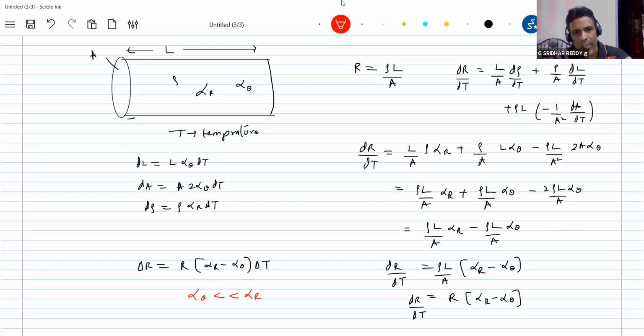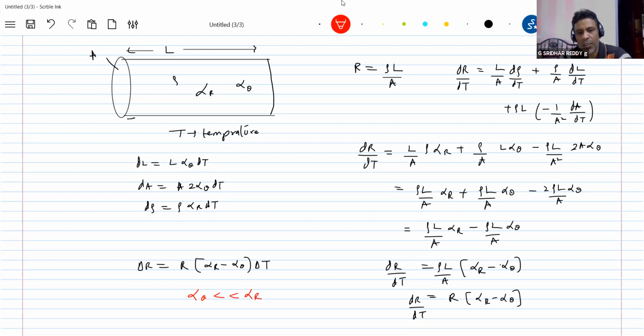So we started our discussion with only the alpha R. Are you getting the idea now? So why didn't we bother? If you say, sir, I want to consider it, then bring a problem like this, and bring this equation. If you're considering even the thermal expansion of the material, this should be the formula. Without thermal expansion of the material, delta R equals R alpha R delta T.